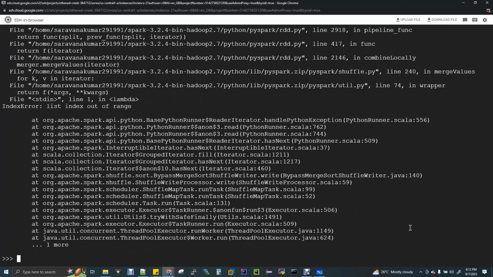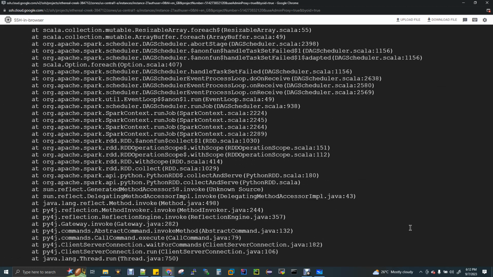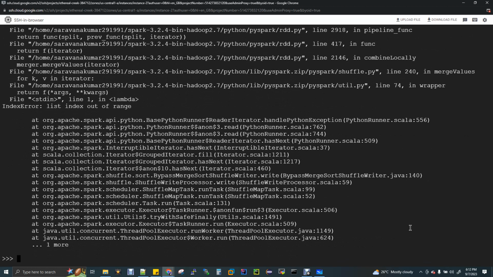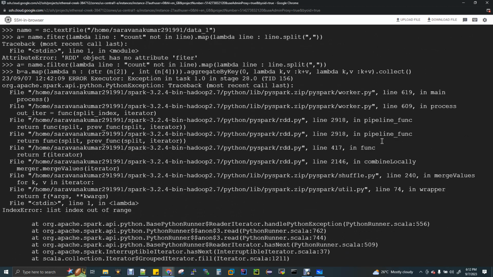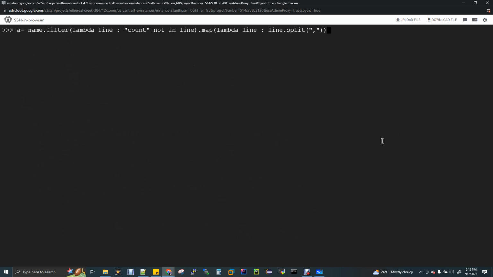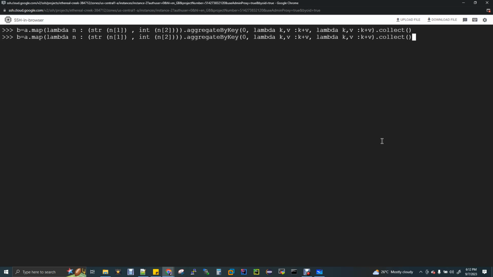Okay, it says index out of range. That means the index value I have given here is not working as expected. Let me go back and change this. It is 0, 1 and 2. I mentioned 2 and 4. I'm sorry guys. Name is 1 and the count is 2, right? It's my mistake. Now let me invoke